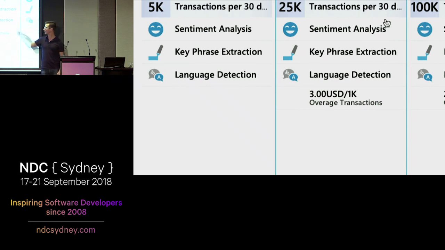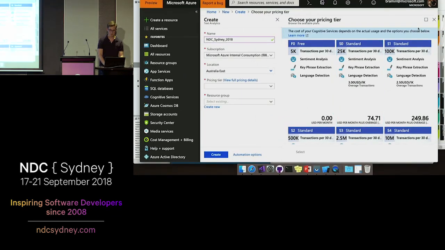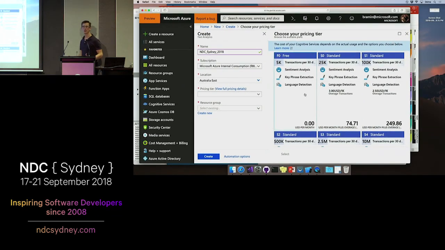Because if you look to the left, you'll notice what's missing on the free tier is that line item right there. So I wanted to highlight this to you because when you do start playing around with these and you want to maybe ship your app to the App Store, or add these to your website, make sure to at least jump on the S0, the cheapest tier. Because if your users go over that 5,000 transactions per 30 days on the free tier, well, the API just cuts you off. On that 5,001st transaction, all of a sudden your app's not going to work, you're going to get a 1-star review, or you're going to get angry posts, and we don't want any of that. So keep that in mind.